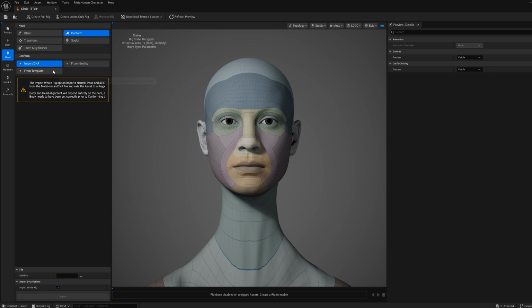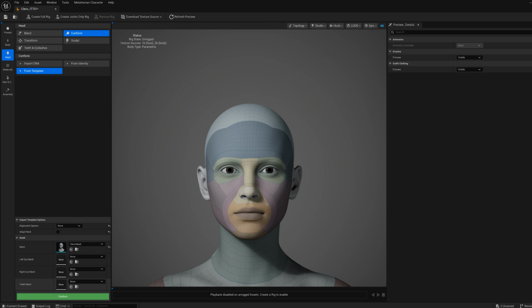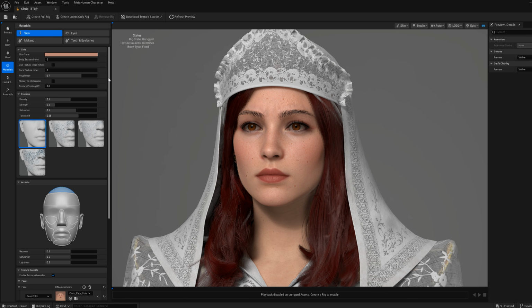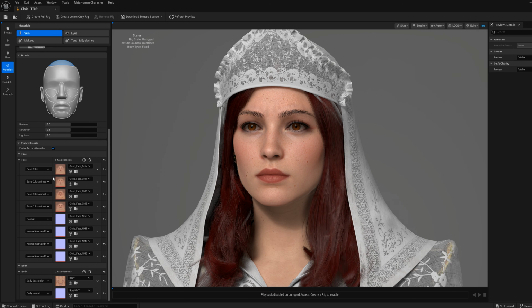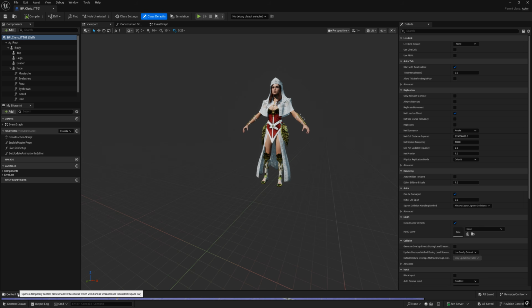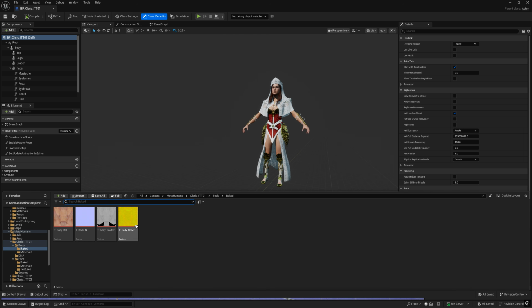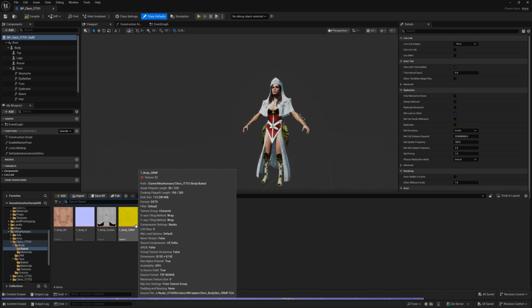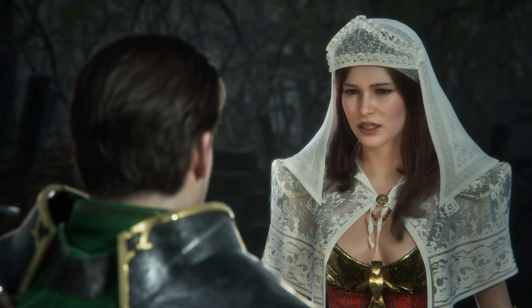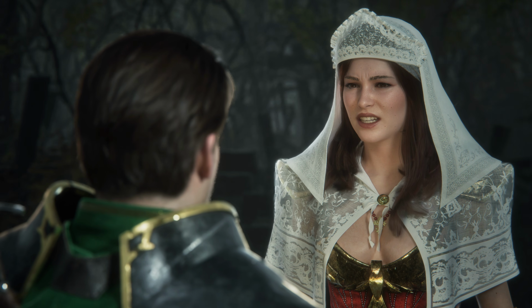I make heavy use of the conform feature to bring in my own geometry, which meant I had to retopologize my original model to the MetaHuman topology. On top of that, I'm using a lot of custom textures, including wrinkle maps. You can't access all those textures from the MetaHuman Creator UI, but after you export your MetaHuman, you can access the source data in the content browser. And there I can refine even more maps, including the roughness map, which is one of the most important ones to tweak to break away from the default look. With that approach, you can get something that feels much more bespoke, truly high-end, AAA, and not generic.